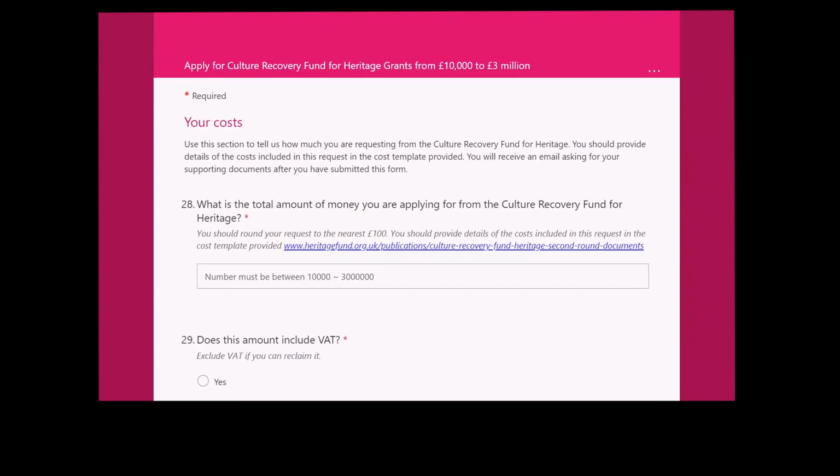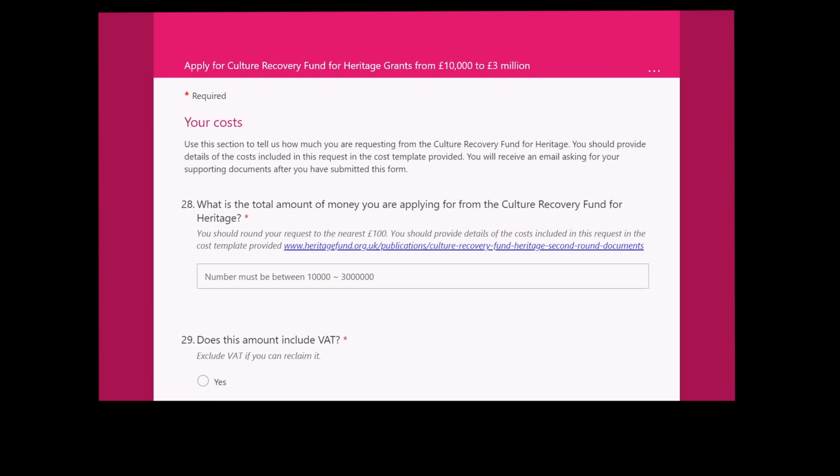The next section is how much money you will need April to June. Make sure you double check that all the costs you include are eligible in our guidance, and there are some limits on what you can apply for. For example, as this grant is only covering a quarter of a year, if you're applying for help with your overheads, you should not include more than a quarter of your usual annual turnover, as shown in your accounts. There are also some caps if you received money from the Cultural Recovery Fund previously. You can find more details about this on our website.